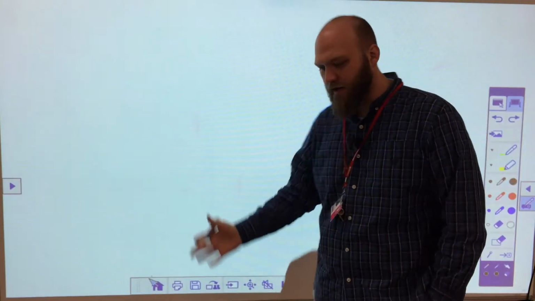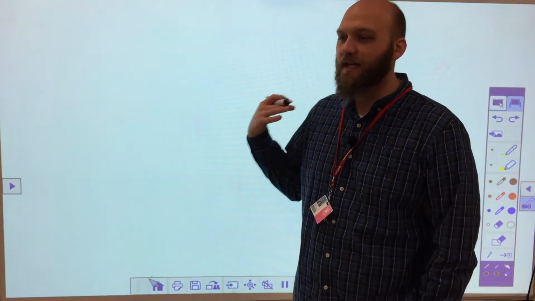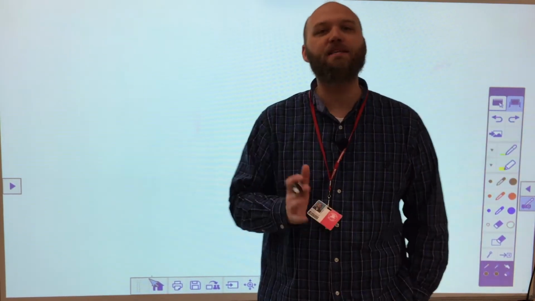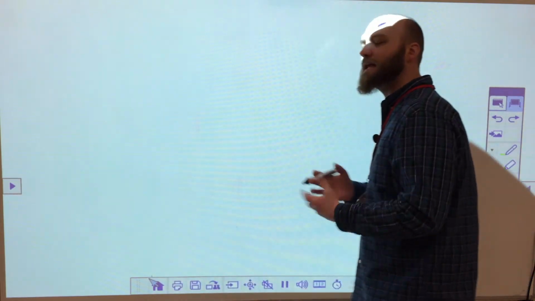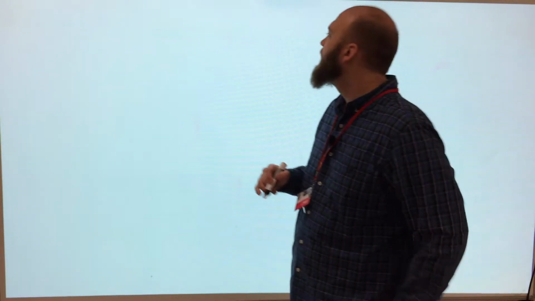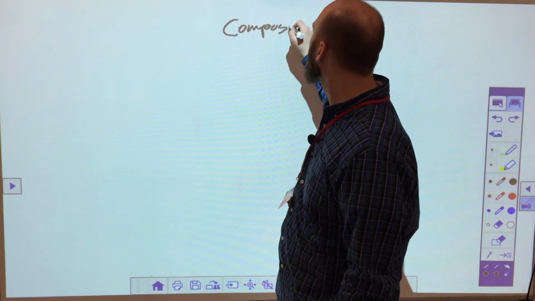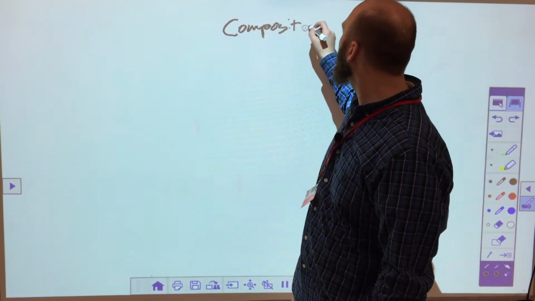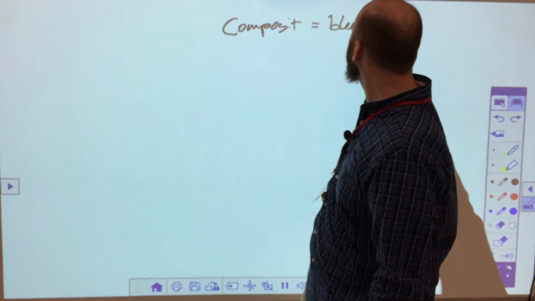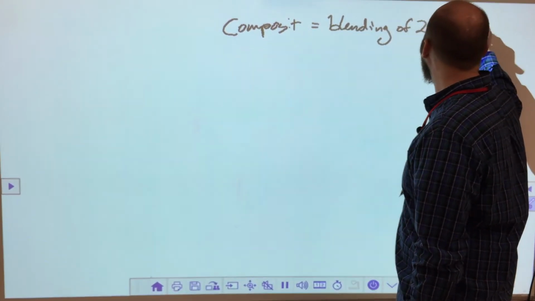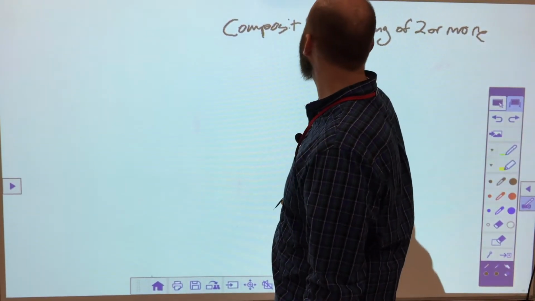Okay, guys, we are at Go Math, lesson 10.7, and we are moving beyond polygons into composite figures. So, poly means many. Polygon is a many-sided figure. A composite is a blending of two or more things. In this case,